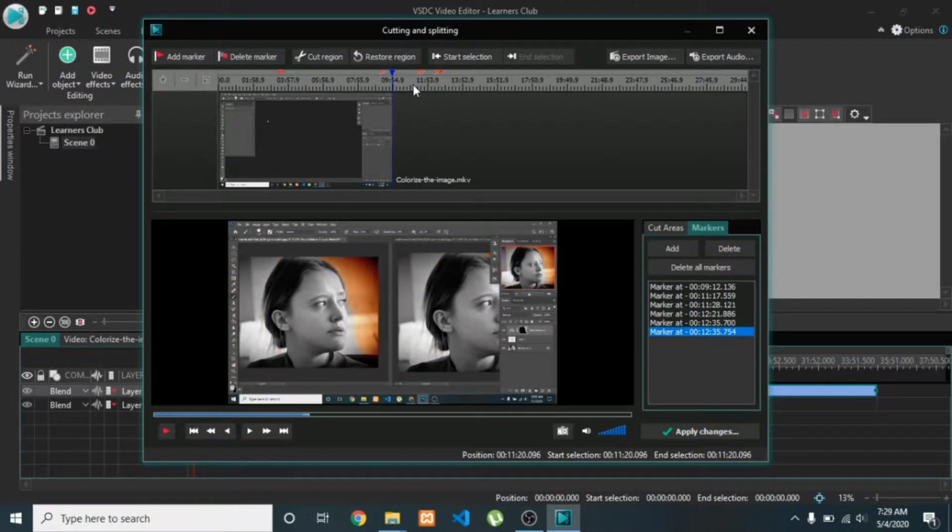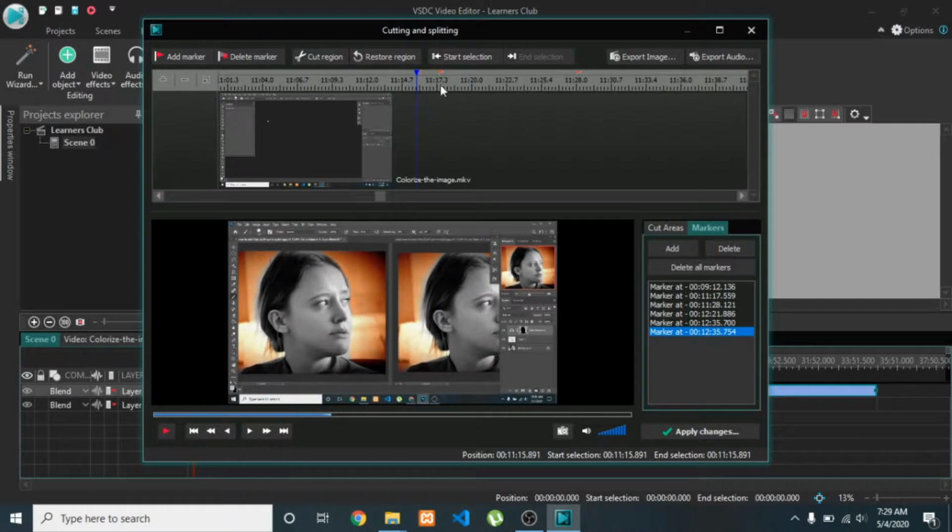So what I will do is add a selection, take the handle to that point and again drag it to the ending point of the video, and then press cut region. And same process you can repeat for the another marked part of the video.